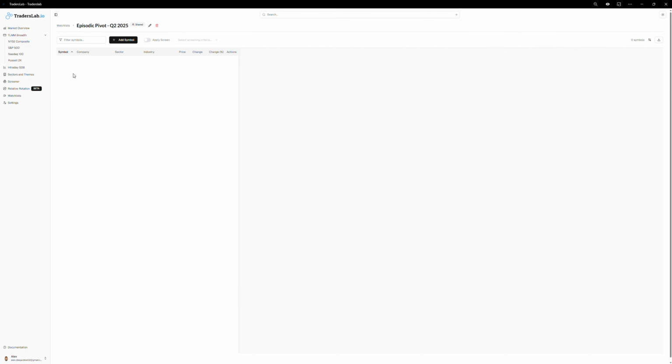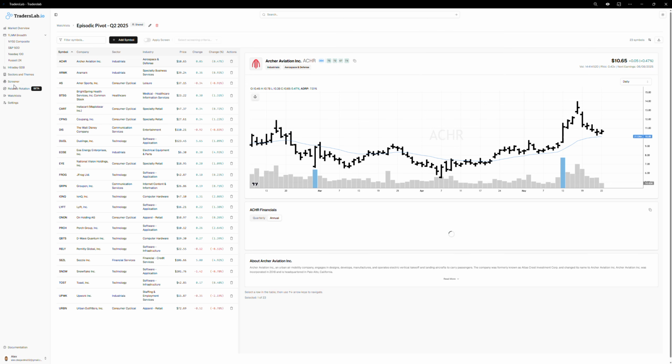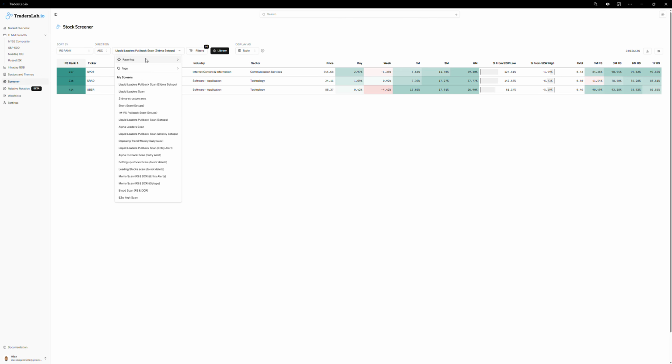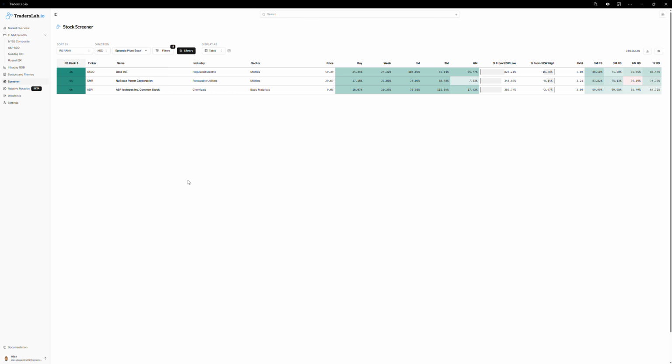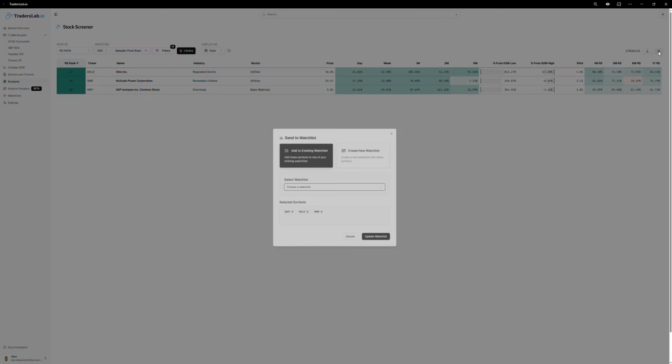So if we take Q2 for example, once again, how do I create that watch list? Each night I have that episodic pivot scan. So we have OKLO, SMR, and ASPI so far. What I do is, and we will have an automation of that process, so you will be able to set a specific scan to populate a watch list each night, and you will have nothing to do. But right now it's manual. So each night I go there,